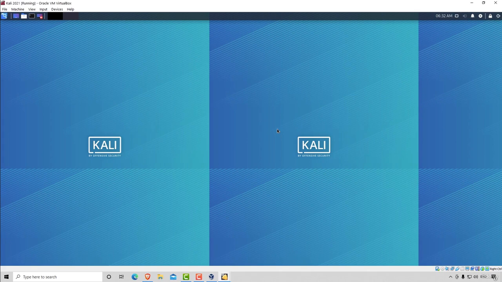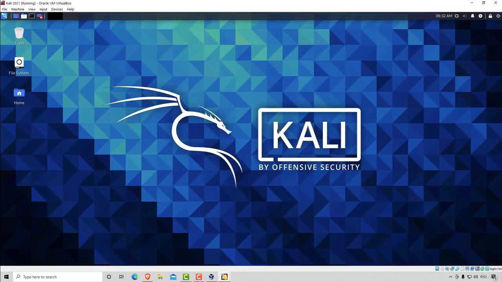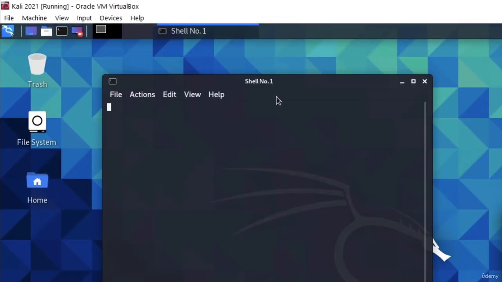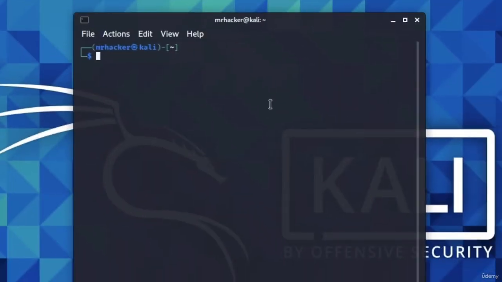And by the way, once again, if you're not familiar with terminal, make sure that you check out the bonus section on Linux basics. There we teach the basic commands of Linux terminal so you can get familiar with it, and it hopefully will become your second nature. In Kali Linux, to open terminal, we use this icon. It will open up this command line where we can type our commands, and in our case, we want to ping